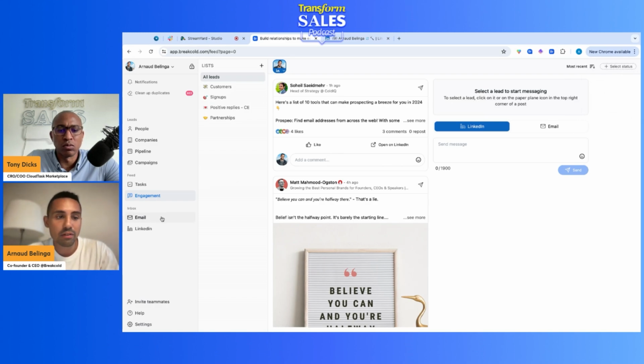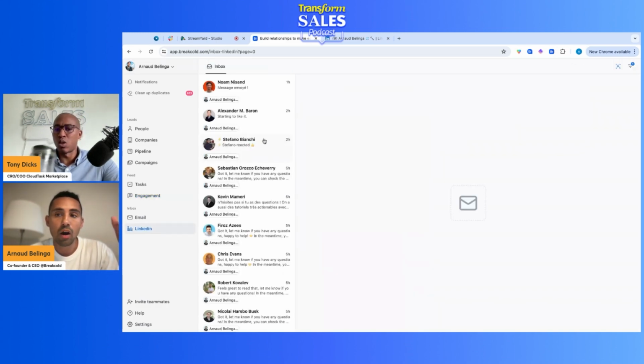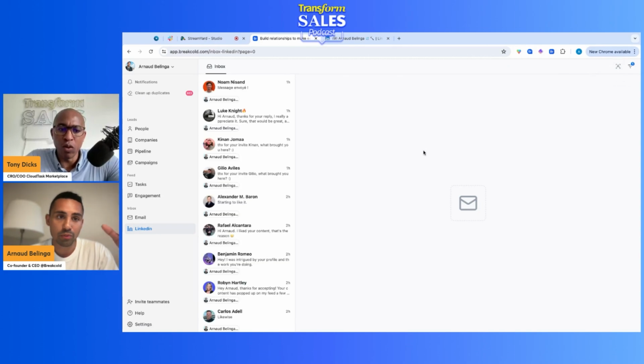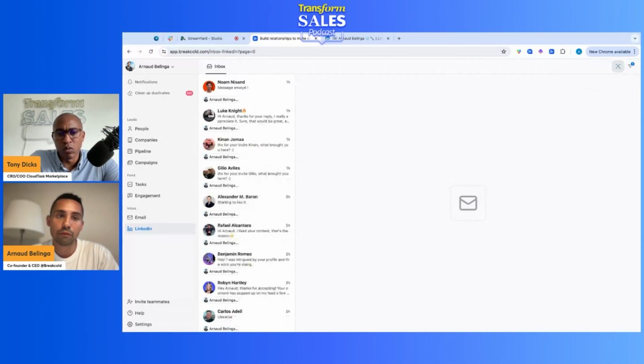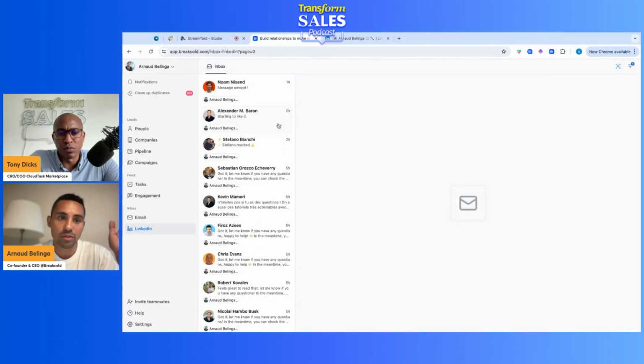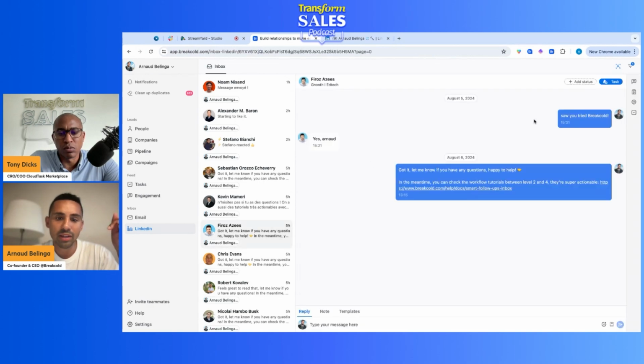The second thing that is very different with Breakcold as a sales CRM is that we have a unified inbox for email and LinkedIn. What it means specifically is that first we aggregate all your email and LinkedIn conversations, and we auto sync everything in the CRM. So if you have a LinkedIn conversation with someone or an email conversation, everything is auto synced in the software. But you are also able to directly filter the inbox with just your CRM contacts. So with just one click on the top right, right here, if I click, you see, I can filter the inbox with all my LinkedIn conversations versus only my CRM contacts, so that you can really focus on your leads. And then from there, I can obviously reply to them, work as a team, and send